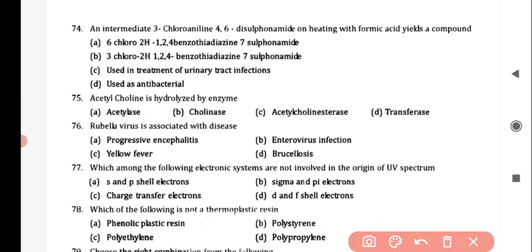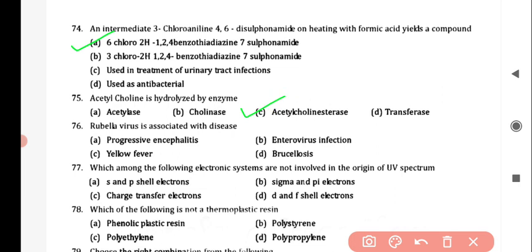Next question is, an intermediate 3-chloroaniline 4,6-disulfonamide on heating with formic acid yields a compound, and the correct answer for this is option A, that is 6-chloro-2H-1,2,4 benzothiadiazine 7-sulfonamide. Next question is, acetylcholine is hydrolyzed by enzyme, and the correct answer is option C,